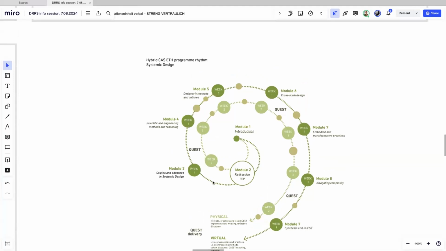So there is a virtual part where after the field trip, we meet virtually once, usually twice a week, Tuesdays and Wednesdays evening, Zurich time, online on Zoom with the Miro board as a help. And there's also this kind of physical pathway where the quest, which is the kind of guiding spine through each learning journey here, should be related to place-specific questions where the participant lives and works.